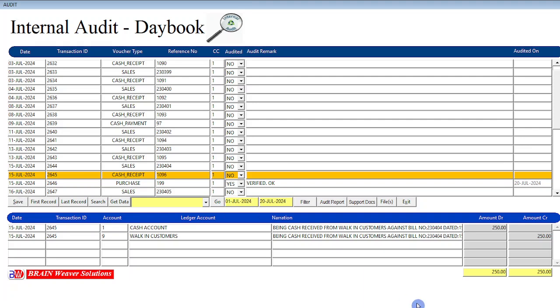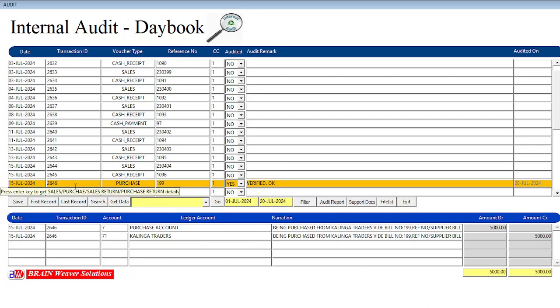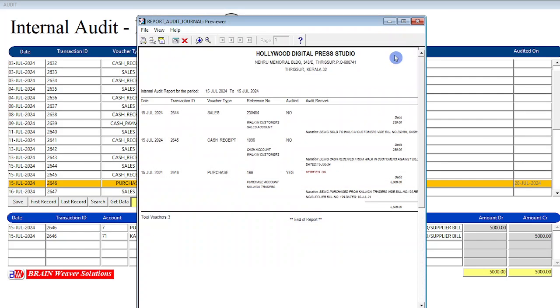If I want to see the audit report during a specific period, for example, recently we have audited a purchase invoice relating to the date 15th July. Here as an example, I am selecting 15th July to 15th July only, a one day audit report. If I want to see it, by putting this date range and by clicking this audit report, we can see here